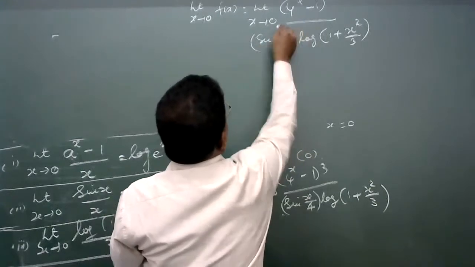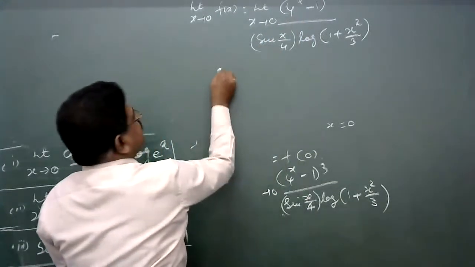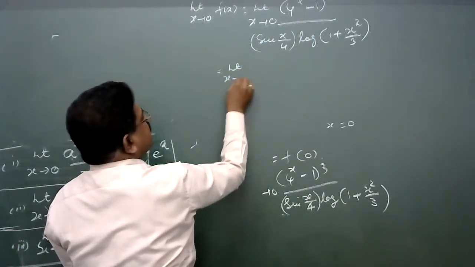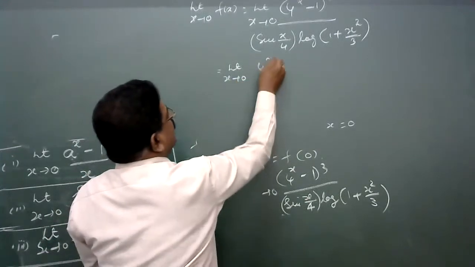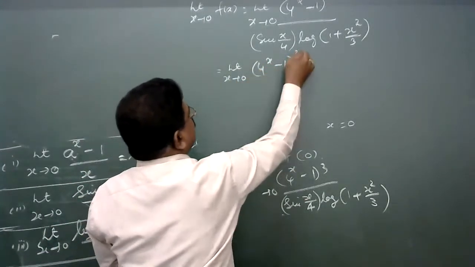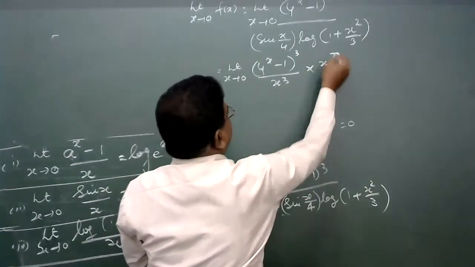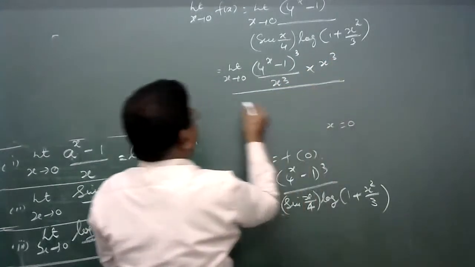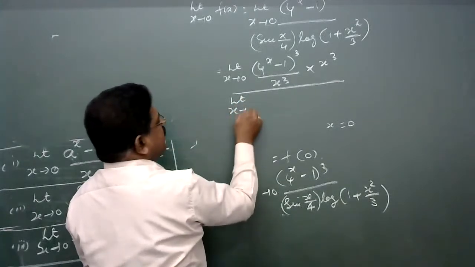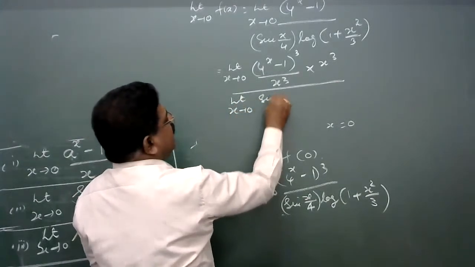Now this is the limit as x tends to 0 of (4 to the power x minus 1) whole to the power 3 divided by 3 and multiplied by 3, the whole upon the limit as x tends to 0 of sine of x by 4